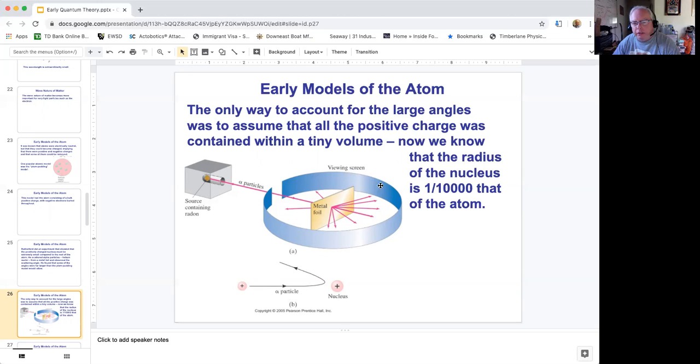In fact, the observation of this was done by 2 graduate students, and they had to do it very late at night when it was very dark because this viewing screen was fluorescent, and they would wait and look for the little flashes of light to occur and then mark down how many flashes at what angle. Pretty tedious work, but the grad students were actually pretty clever, and they came up with a way to do